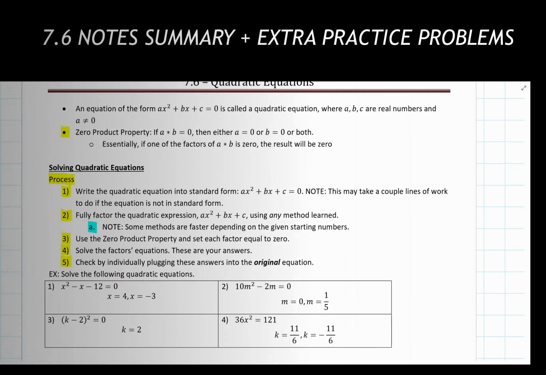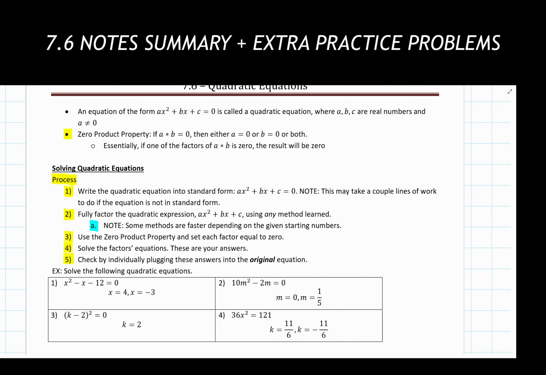So bring this back to our notes. We have our overall process and our steps for going through and solving these quadratic equations using factoring. We also have our definition of the zero product property. Again, I would recommend that you pause the video, write these down for yourself as necessary, because I think it's pretty helpful to have notes to go back and reference as you go through these types of problems.